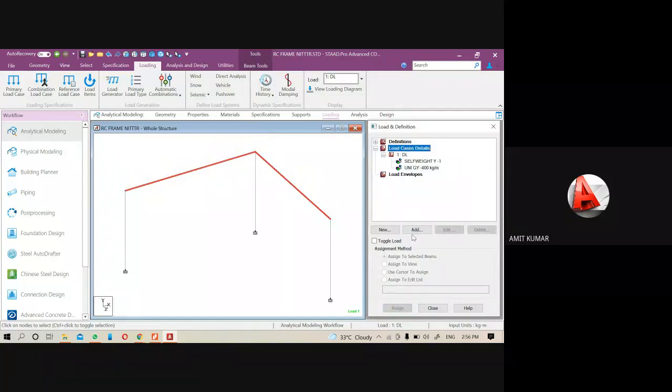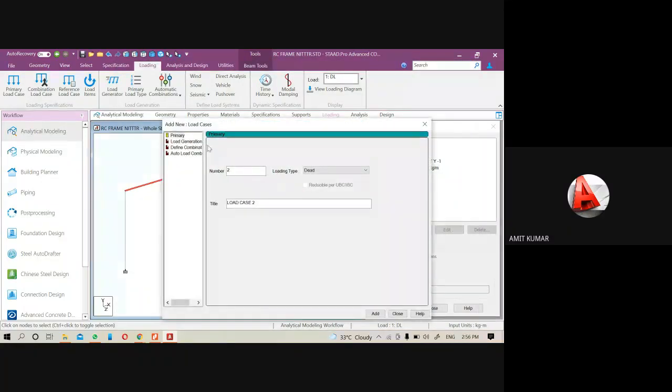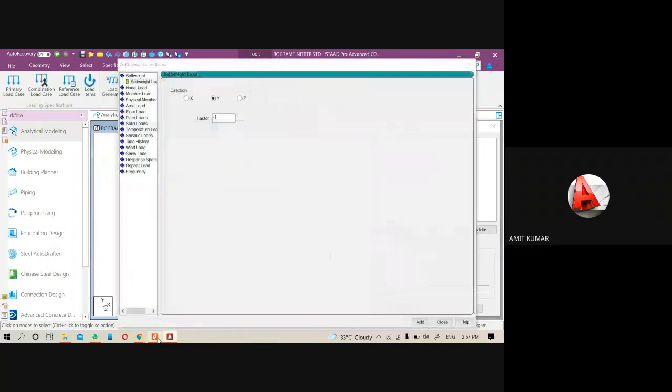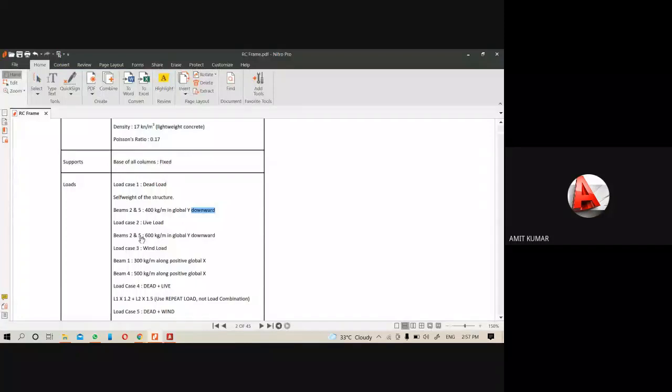Go to the load case detail, click on add. Next load case is your live load. Give it the name LL. So under the live load, beam 2 and 5, and the value is 600 kg per meter.